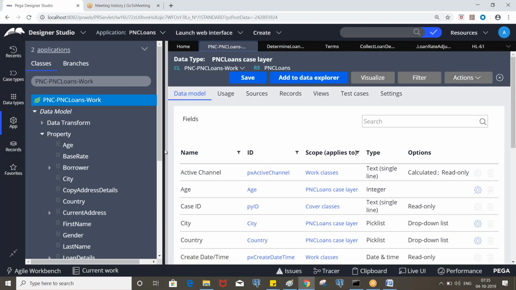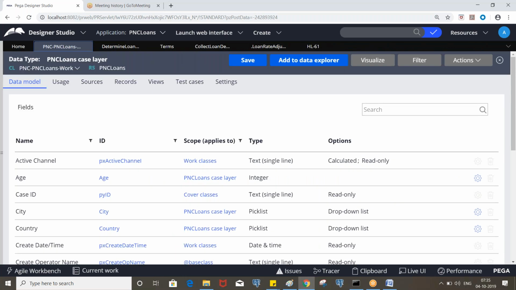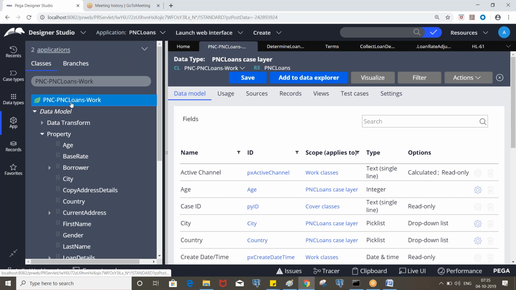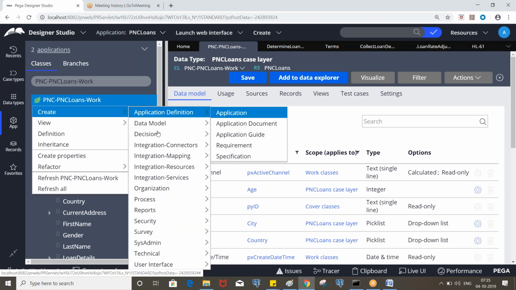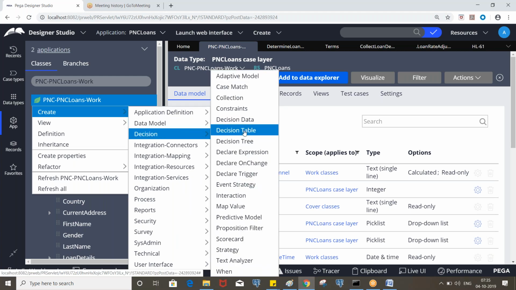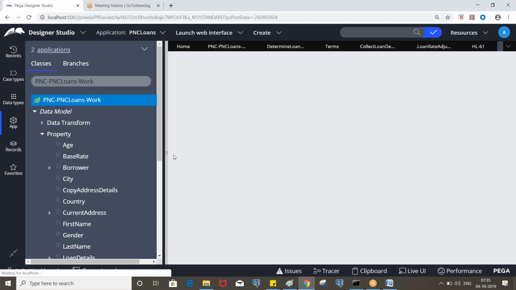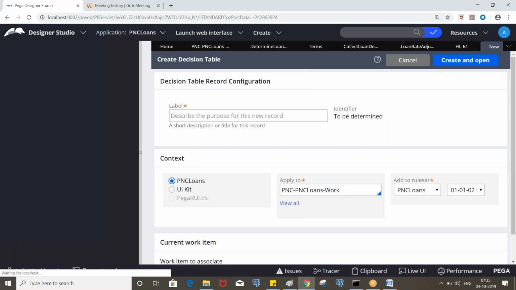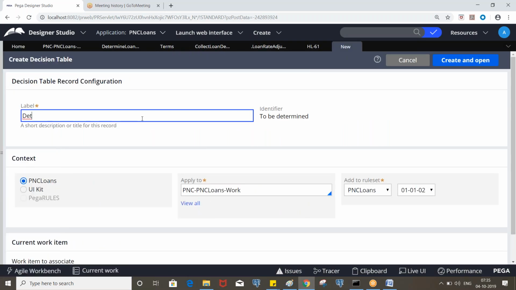So what we are doing, yeah. Let's create a decision table. The decision table is also part of the decision category. Determine risk rate adjustment.